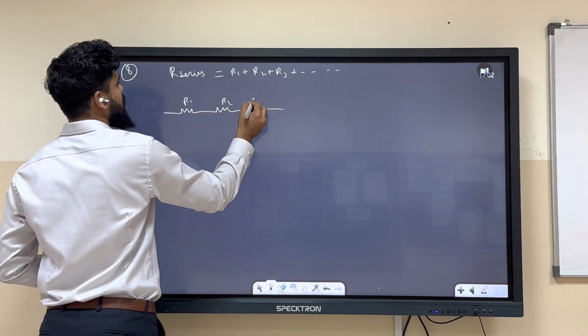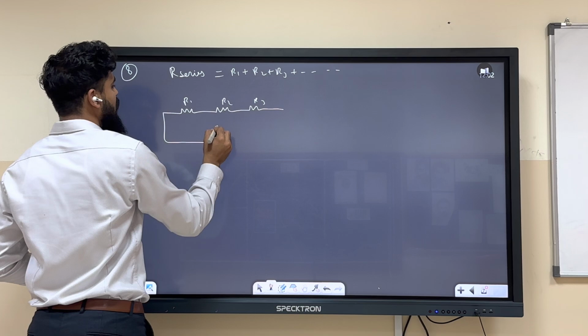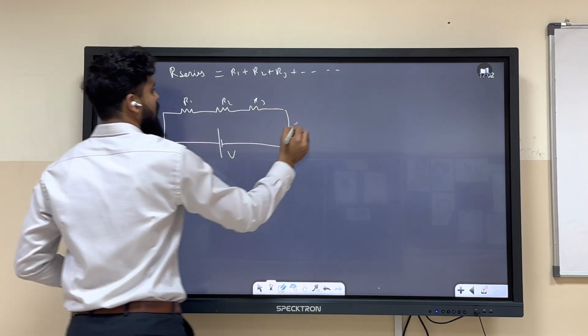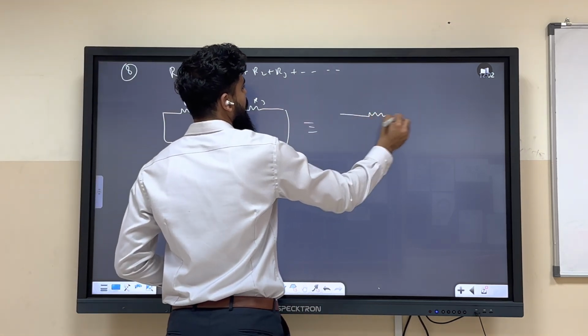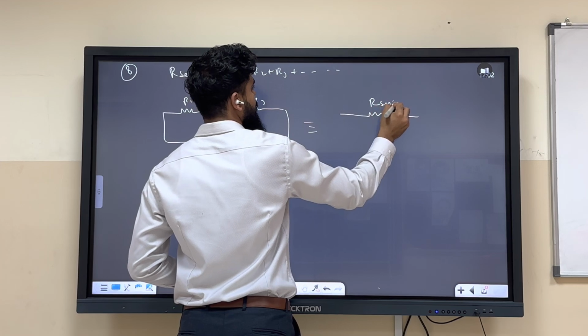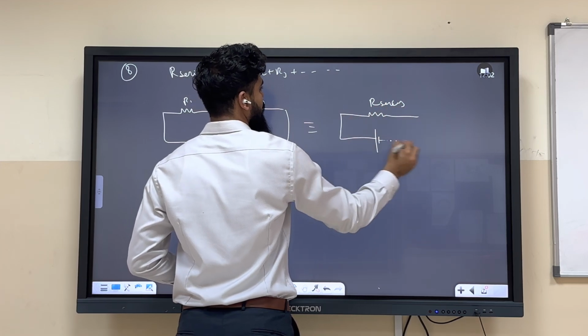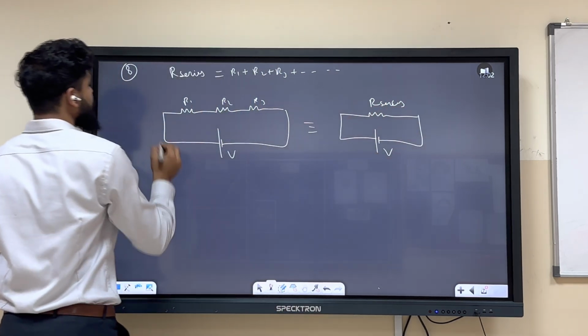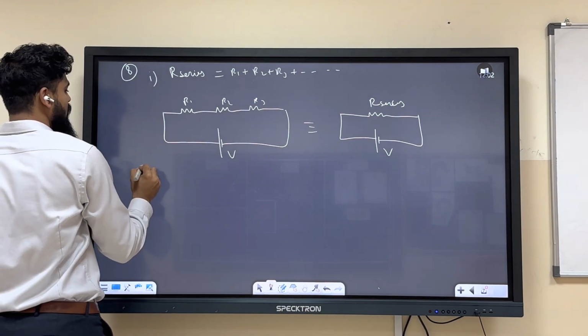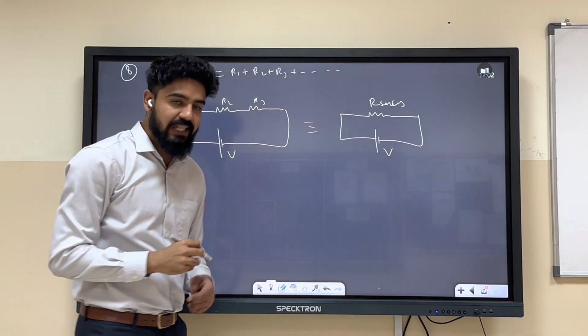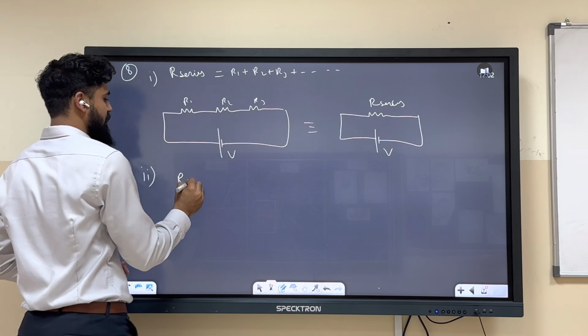R1, R2, R3. You want a picture like this, where this is R series and this is V. Okay? First thing. Second thing, on the same graph, can we discuss the parallel thing? R parallel,